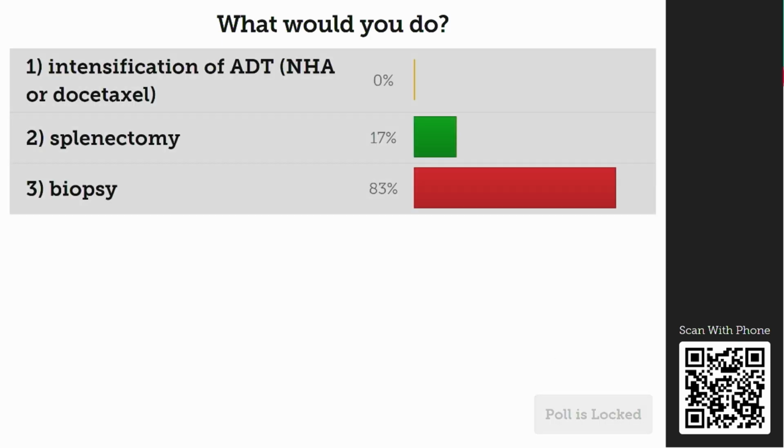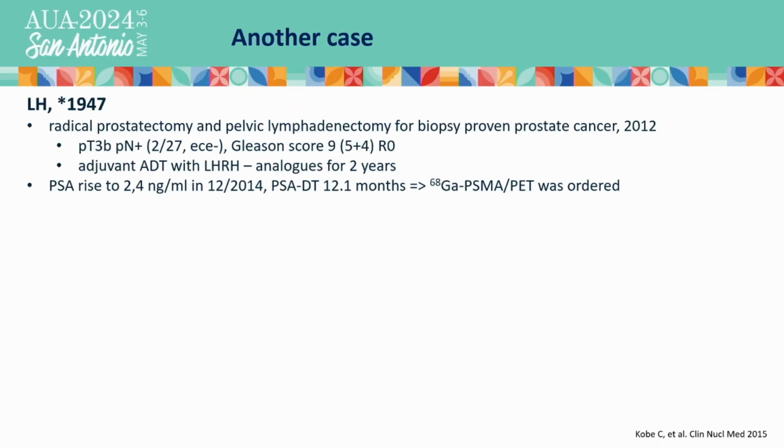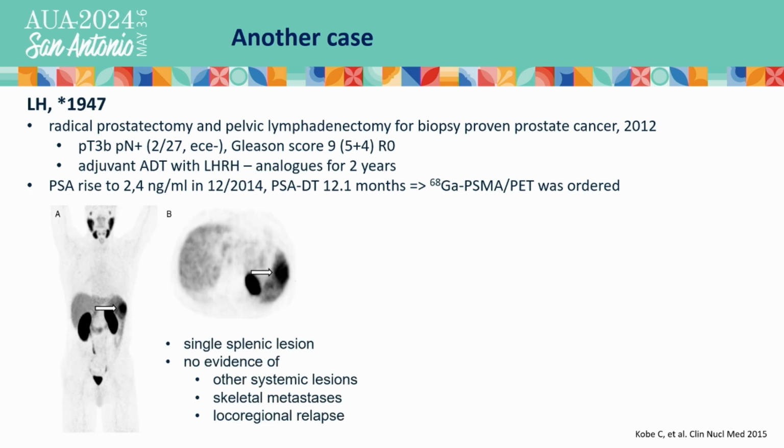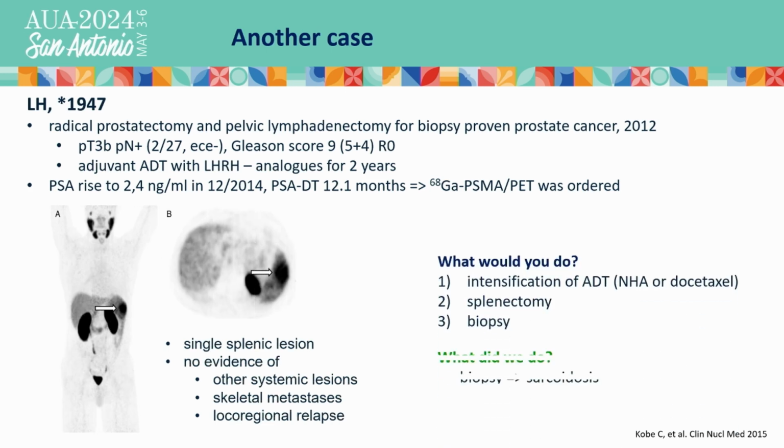Yeah, perfect. So everybody did listen to my previous elucidations to the slides. So the biopsy is the best way to do. And this is what we did, and the biopsy demonstrated sarcoidosis. So again, highlighting the fact, whenever you have a PSMA avid lesion in some unusual anatomic areas, please just get a biopsy prior to the treatment. That would be all from my side.